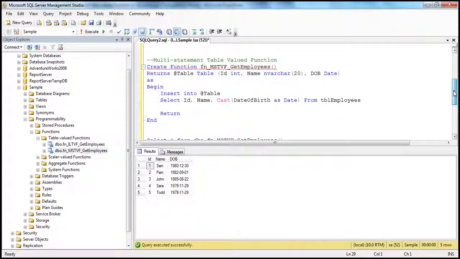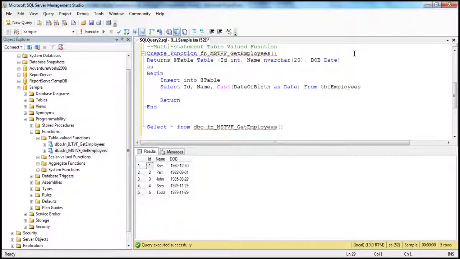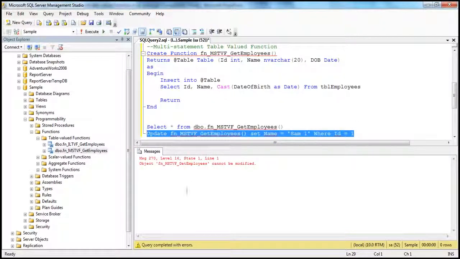Instead of rewriting the query, let's copy this same query and change the name of the function. So instead of updating the inline table valued function, we want to update the multi-statement table valued function. So let's do that and see what's going to happen. So I want to update Sam to maybe Sam1. I press F5. Look at this: object multi-statement table valued function GetEmployees cannot be modified,